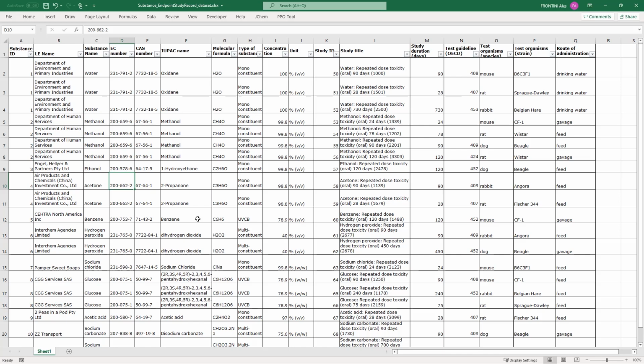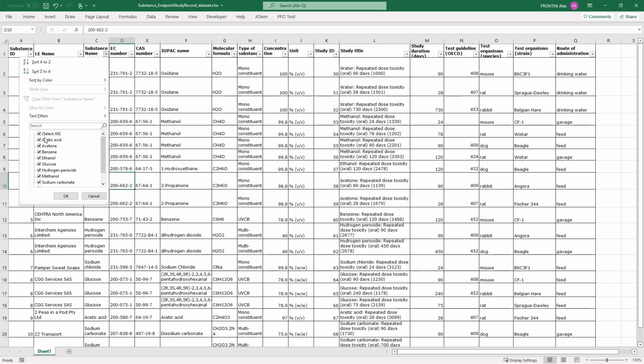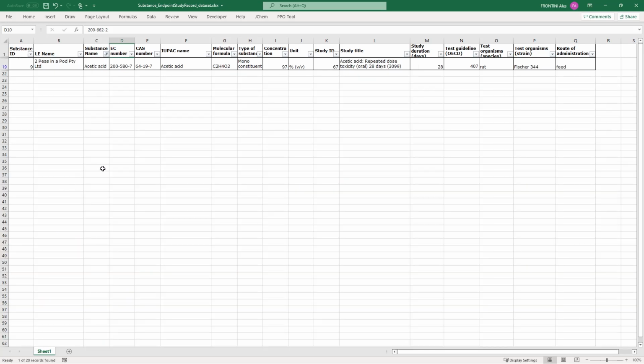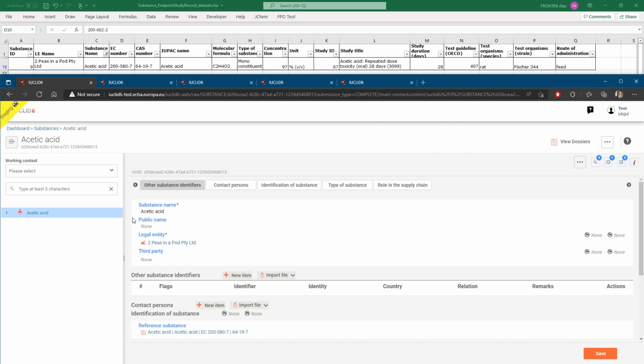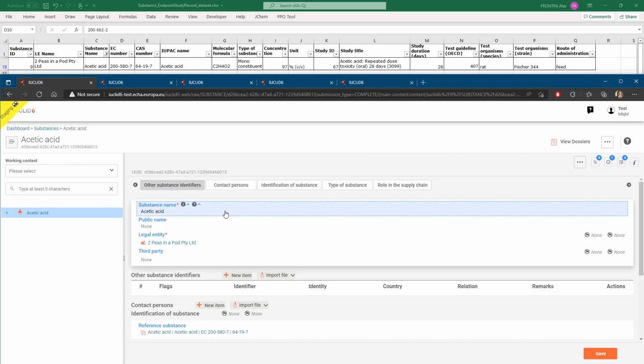All these fields we need to find now in the Euclid instance. For example, I will just choose one of the substances, not to be overwhelmed with all the information. I will choose this acetic acid. And if we go now to the Euclid instance, and we just choose one of the substances, which would be acetic acid, we can see that we have the substance name,